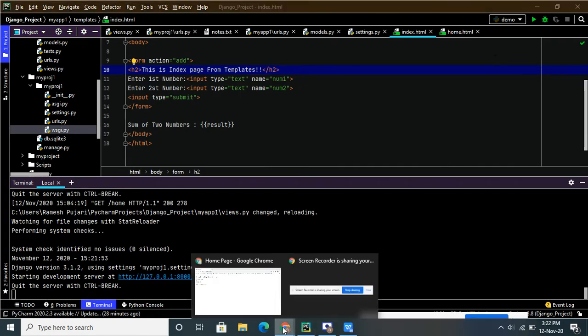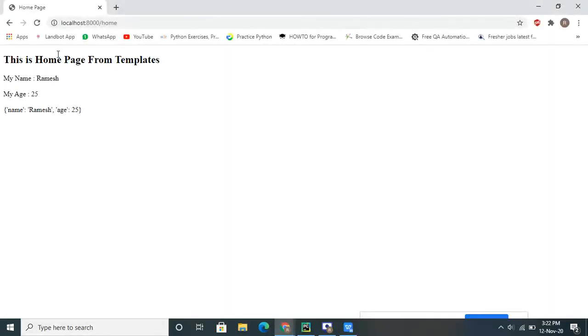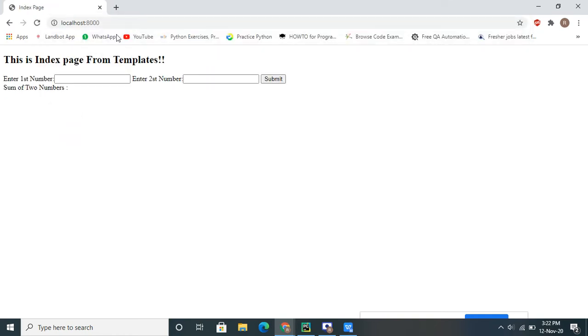I will run. Okay, I'm in the index page, right? This is what I declared in the index page. Now I will hit enter. You can observe here, enter the first number and second number. I will enter first number 10 and I will enter 12. I'll click on submit.